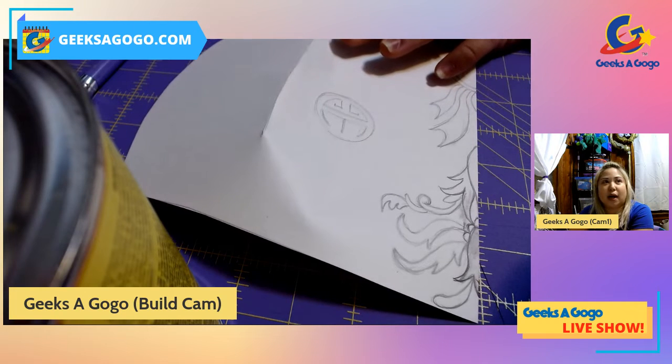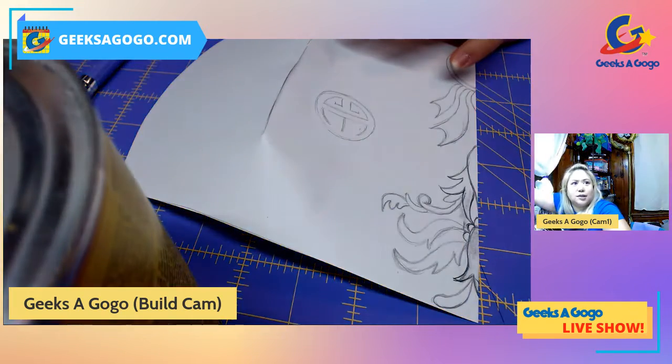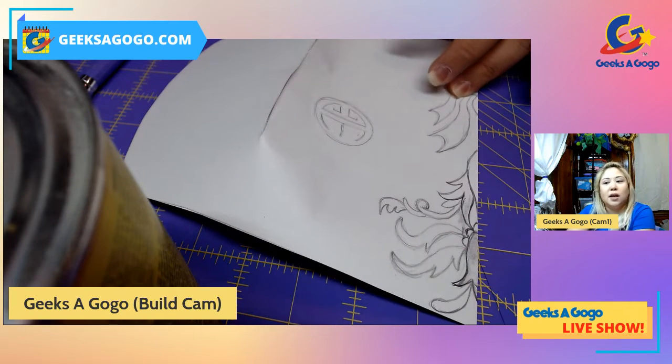So basically, I'm gonna turn this on because this looks a little dark here. Can you still see the drawing all right? Okay, I think you can still see it. But anyhow,